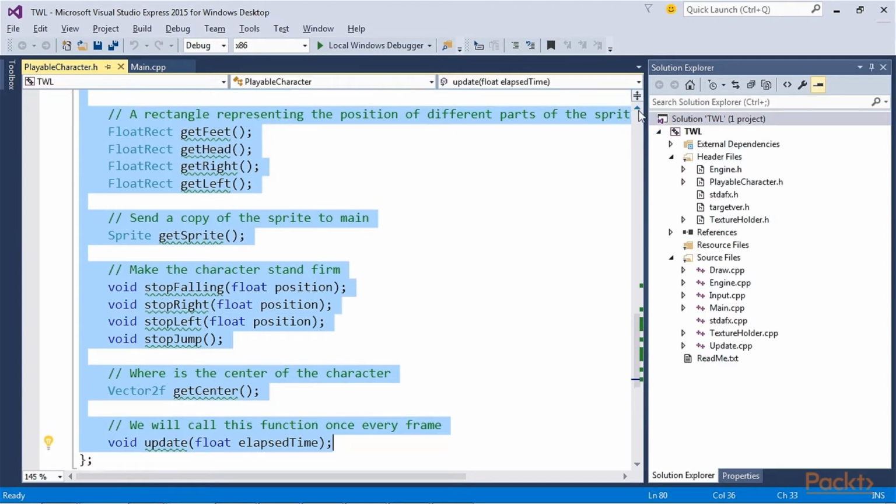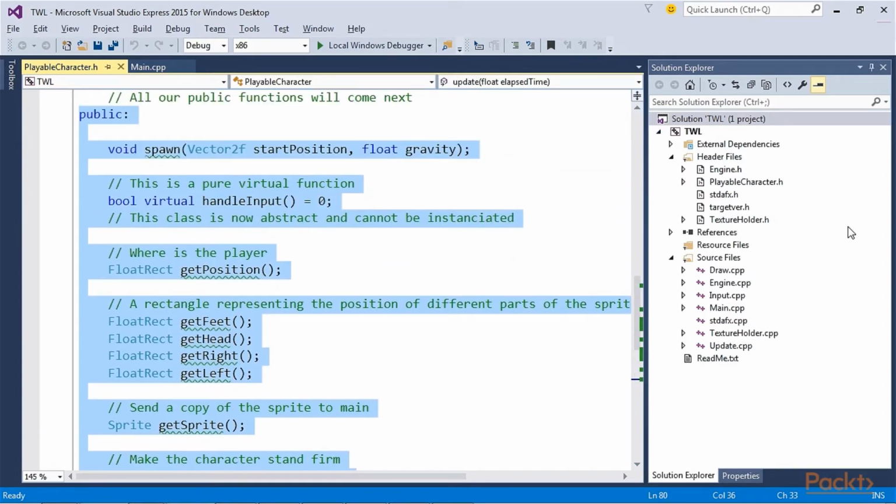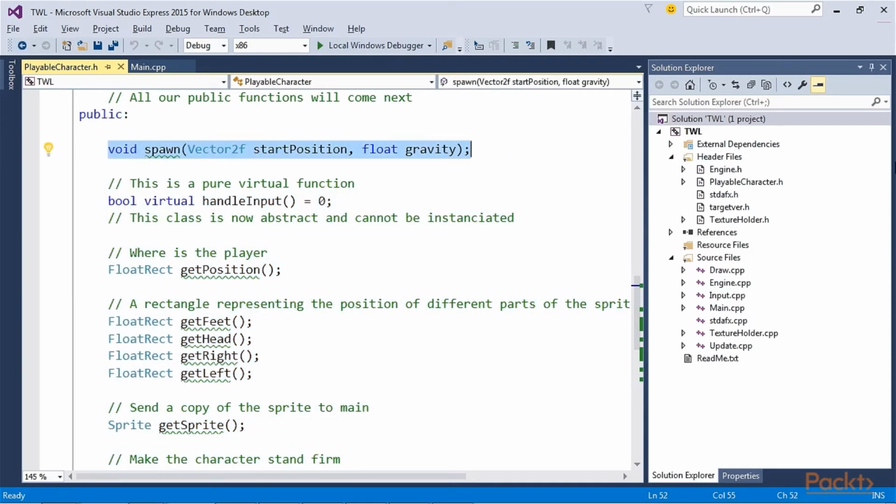Let's talk about each of the function declarations that we just added. This will make coding their definitions easier to follow. First, the spawn function receives a Vector2f called startPosition and a float called gravity. As the name suggests, startPosition will be the coordinates in the level at which the character will start, and gravity will be the number of pixels per second at which the character will fall.